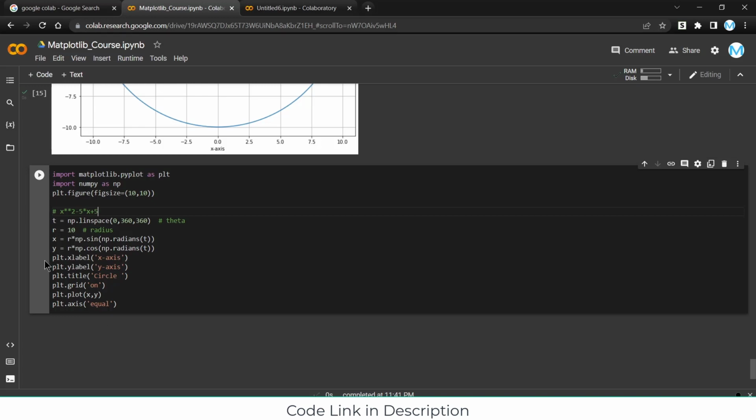So how I'm going to plot it? First I need to know the range in which I'm going to plot my graph. Suppose I'm going to plot my graph from 0 to 360 with 360 number of points. So suppose this is x. Okay, suppose this is my equation,